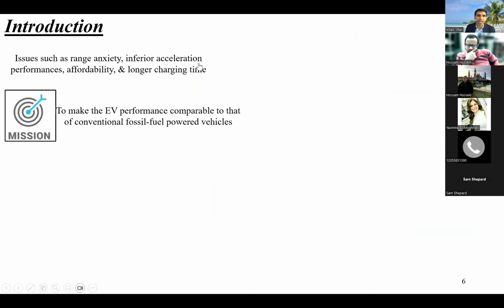And then we have certain issues, like range anxiety and inferior acceleration. We cannot accelerate in less time. Affordability, very expensive. Longer charging time, the charging time of EVs is also long. So we need to make EV performance comparable to that of conventional fossil fuel vehicles, because that's a catchy thing for people to purchase EVs, unless we can give them the same benefits we have been enjoying with traditional fossil fuel powered vehicles. And to do that,